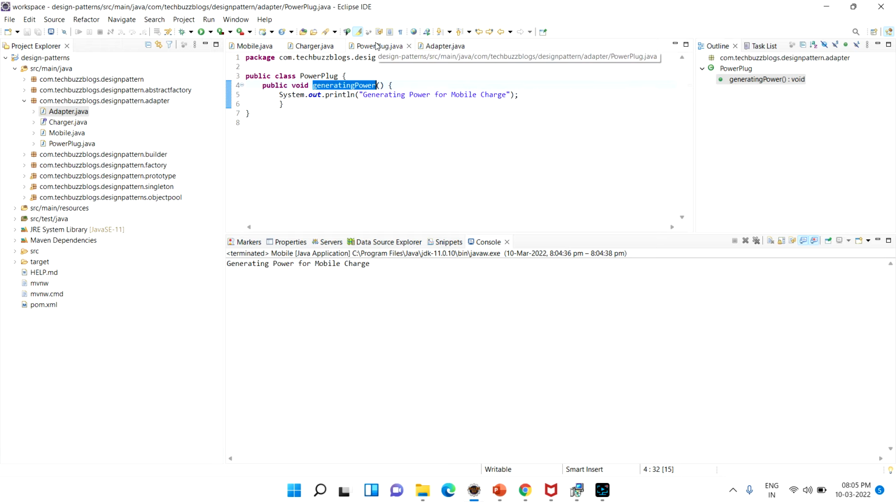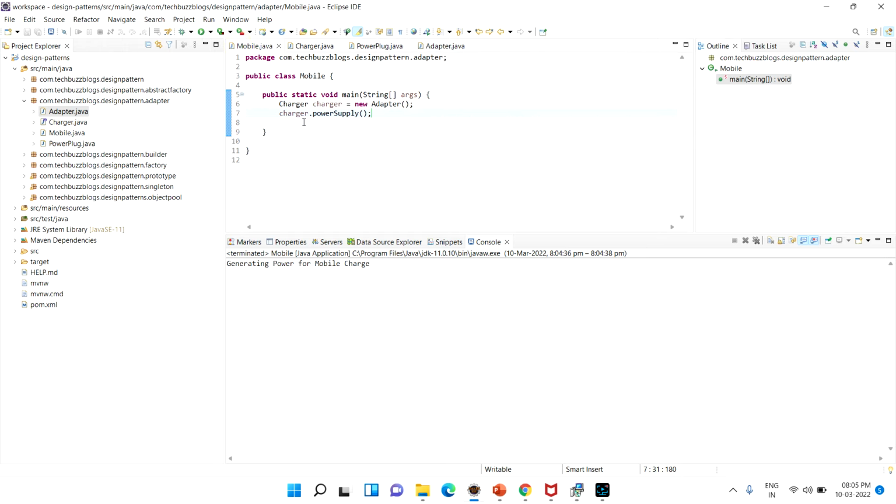The power plug will interact in a different format and the mobile will interact in a different format. This charger wants to get the capability of this, but the charger cannot work because it is an interface class. This cannot work because I'm in Singapore. So I'm creating one more adapter which helps convert the power plug values into the charger. For example, in real time, think that